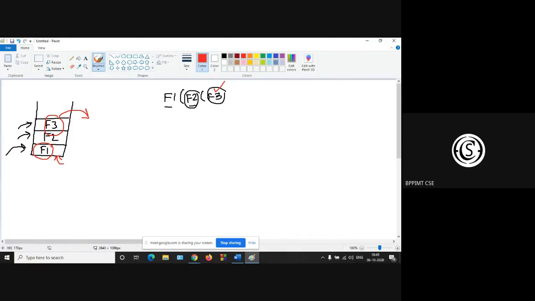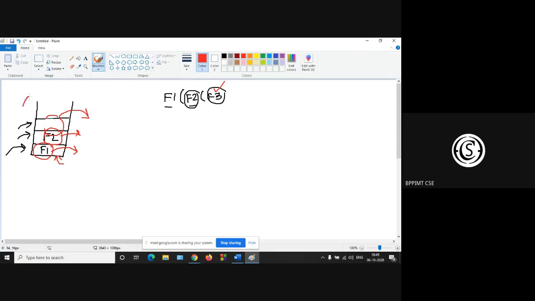Next, after the execution of f2, this f2 is removed. Similarly, after the execution of f1, this f1 is popped. Removed means pop.